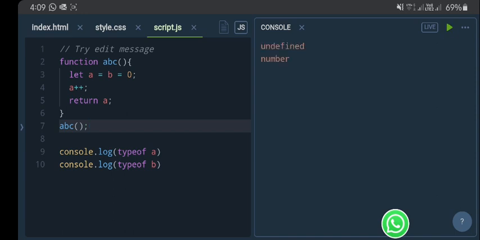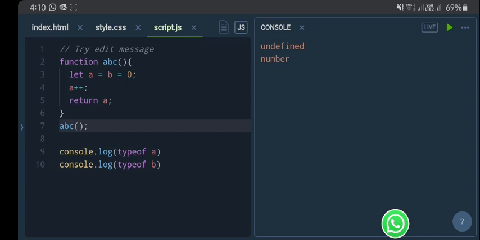The output of line number 9, console.log typeof a, is undefined, and the output at line number 10, which is console.log typeof b, is number. It is because let a on line number 3 is declared as block scope.